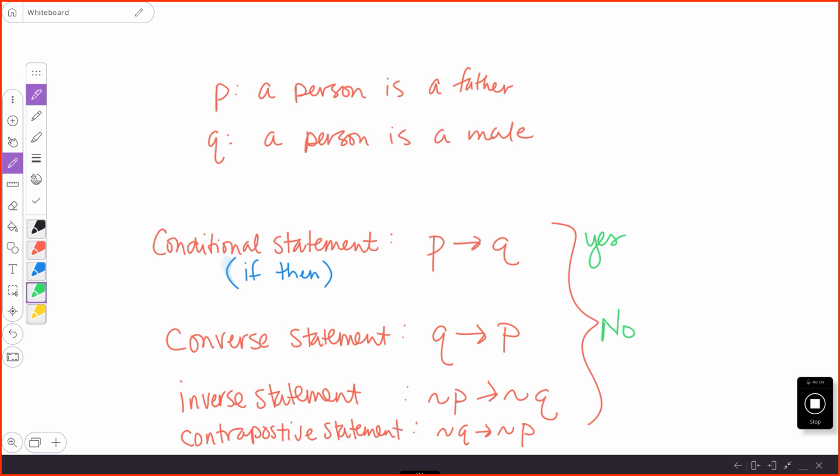So we say no. Then we check our inverse statement, which would be if a person is not a father, then a person is not a male. So that's not necessarily true either. And then we have our contrapositive statement, which is if a person is not a male, then the person is not a father. And that would be true. So there's a lot more to the truth statement thing, but that's a lot of times what they're asking you